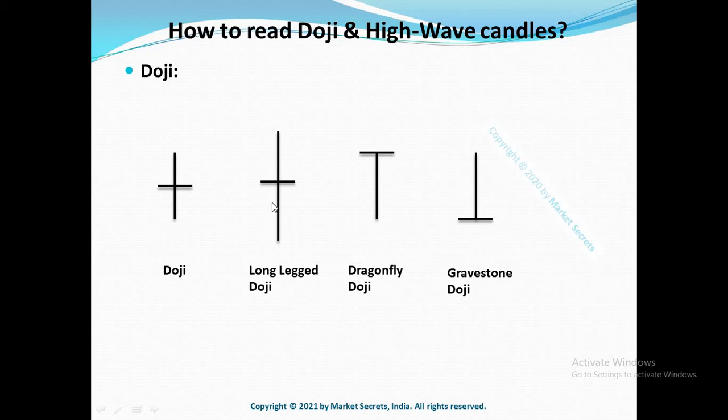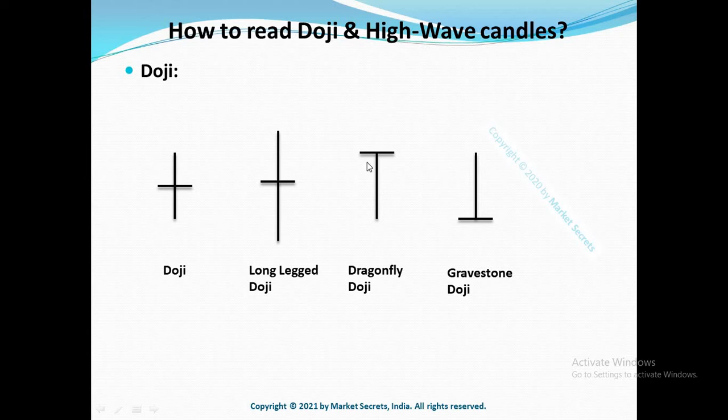In this case, we cannot include both the wicks together while drawing the zones. So if you draw a zone for doji, you can include both the wicks in some cases. But when you draw a zone in long-legged doji, you cannot include both the wicks while drawing the zones because the zone will become too big. So since the wicks or the legs are too long, you should be using only one side of the leg to draw the zone. So from a price action perspective, long-legged doji also represents balance and not a good imbalance. And as a price action trader, remember we will have to trade only the imbalances and not balances.